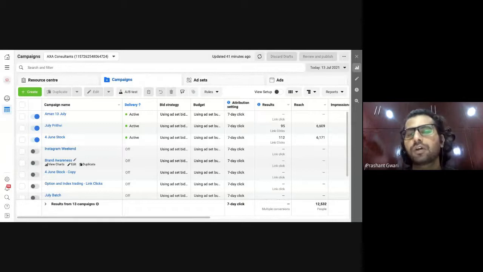So now, on the basis of the audiences we created earlier, we will run advertisements on Facebook and Instagram and target our customers. To run advertisements on Facebook, you require three things. Number one, content. You need to prepare content, either a blog, text, an image, or a video, any type of content you want to promote. The content will depend on your buyer journey and buyer persona. The second thing you require is an Instagram business account and a Facebook business page.